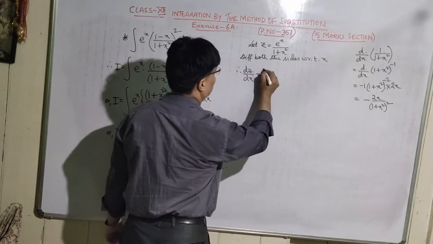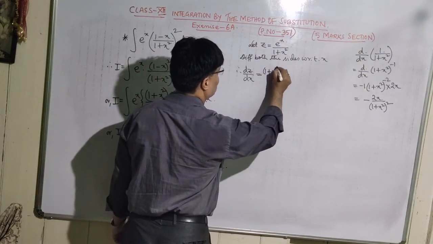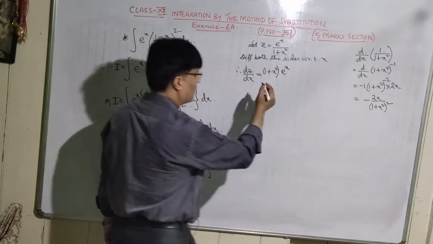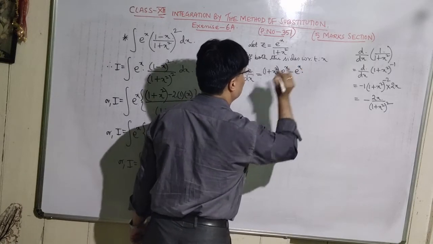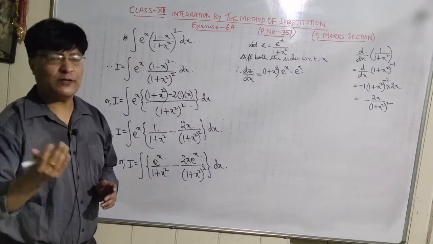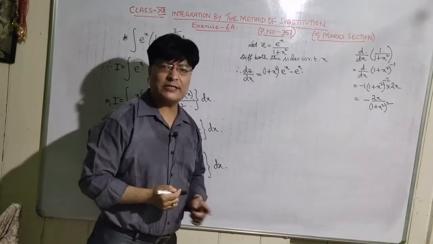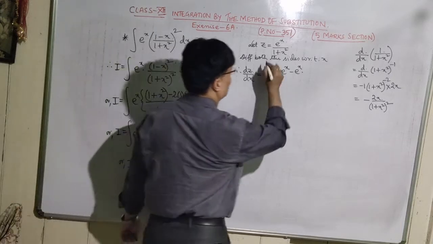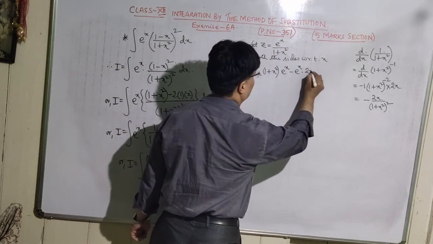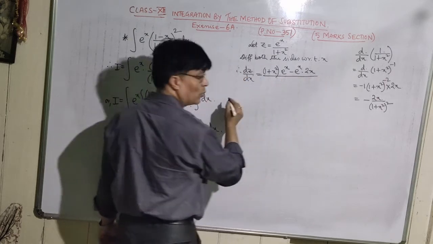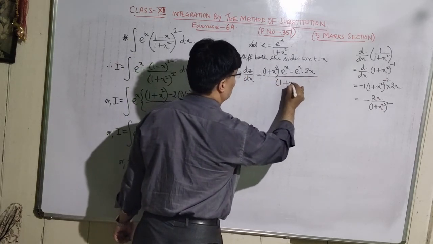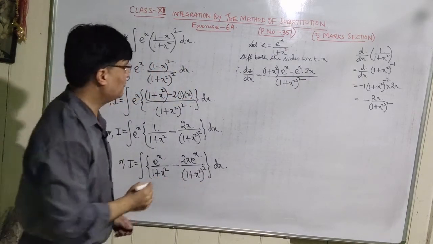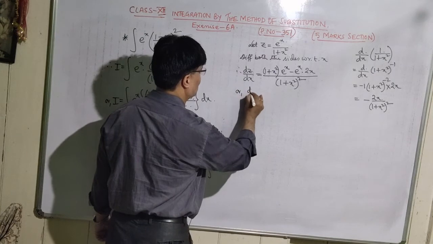Okay, keep the denominator as it is, 1 plus x square. Now differentiate the numerator, e to the power x, minus, now numerator is kept as it is, into, now take the differentiation of the denominator. What is the differentiation of the denominator? What is the differentiation of 1 plus x square with respect to x? For 1 it is 0, plus for x square it is 2x. So this whole divided by denominator whole square, that is 1 plus x square whole square. Okay, so now this is dz by dx